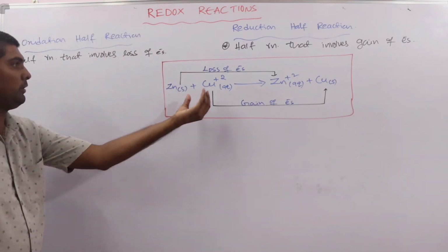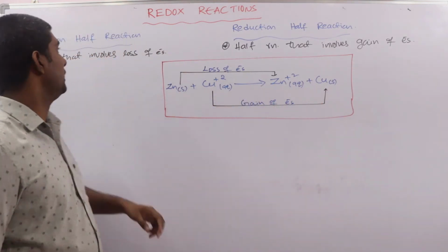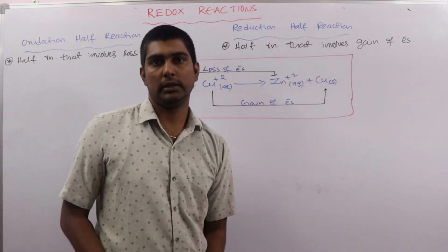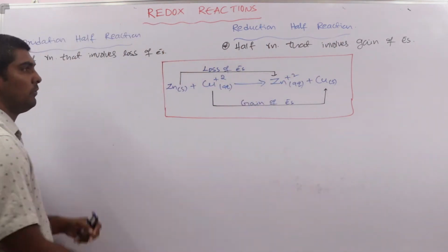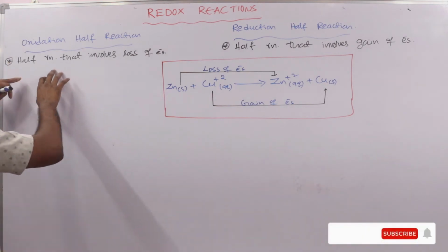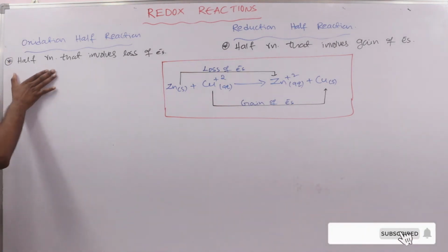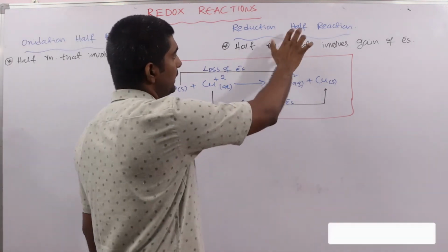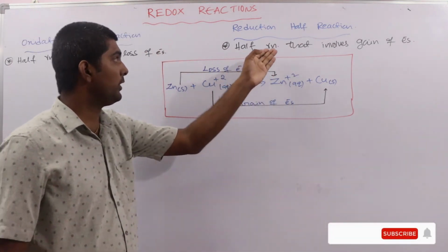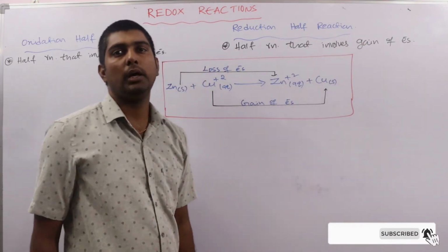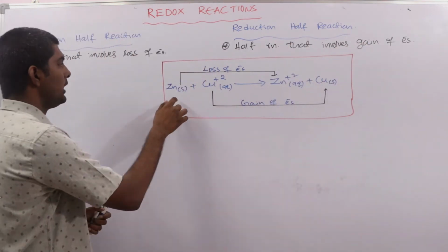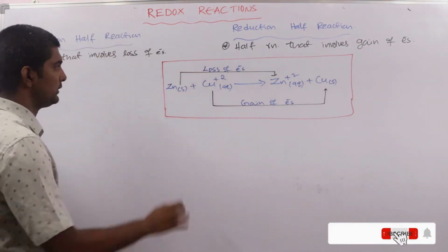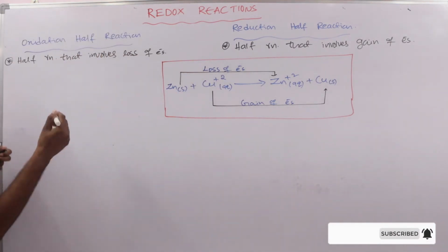Now we have considered this reaction just now. So what is the oxidation half reaction and reduction half reaction? So this is the overall reaction. Oxidation half reaction means the half reaction that involves loss of electrons. Reduction half reaction means the half reaction that involves gain of electrons. Okay, see here, zinc is involved in loss of electrons. Yes or no? Now we can write this one as